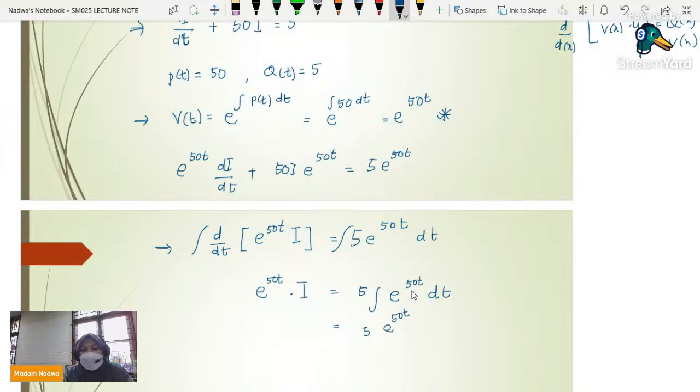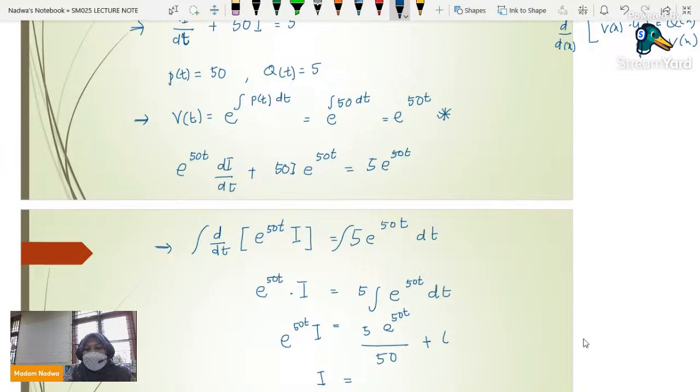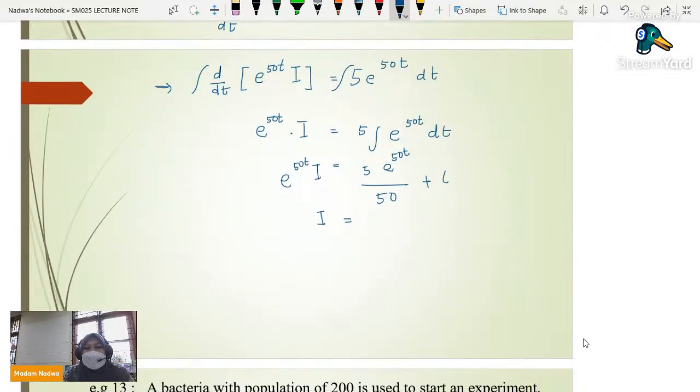So now we integrate e to the power of 50t, we will get e to the power of 50t over 50 plus c like that. Okay, so I is equals to, okay, we don't want I multiplied by e to the power of 50t, we don't want that. We just want I only. So what we are going to do is, we can bring it down. So we actually have